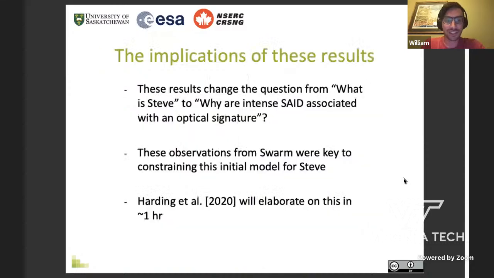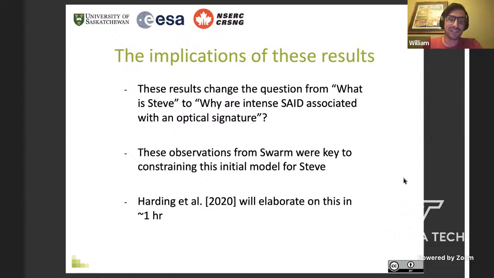So ultimately, the take home from this is, I think we, of course, would like to have more events to be more confident in this, but the very important point was that we didn't find any counter examples. We didn't find any Steve events where we had measurements and we didn't see the signature of a subauroral ion drift. If somebody shows me a great set of data where there's a Steve and there's no subauroral ion drift, then we have to